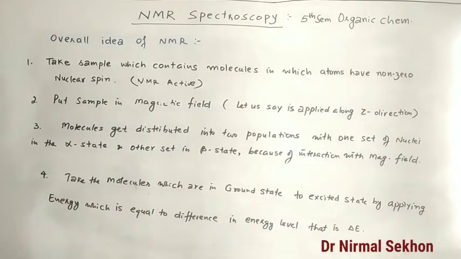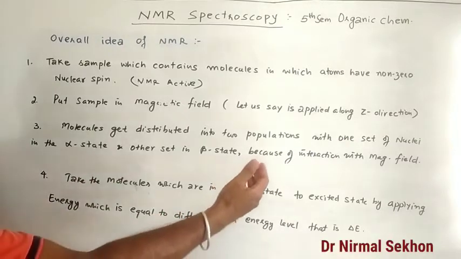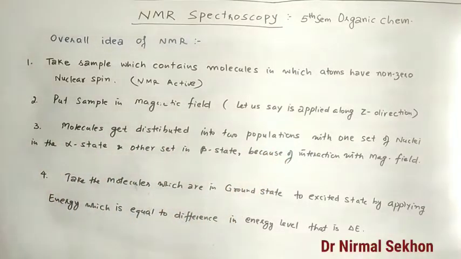Second is put the sample in a magnetic field that we apply externally. Let's say it's applied along the z-axis. Third, when you apply the magnetic field to a sample or to a molecule, the molecules get distributed into two populations, two groups, alpha and beta. One set of nuclei is in the alpha state, the other set in the beta state, because of the interaction with the